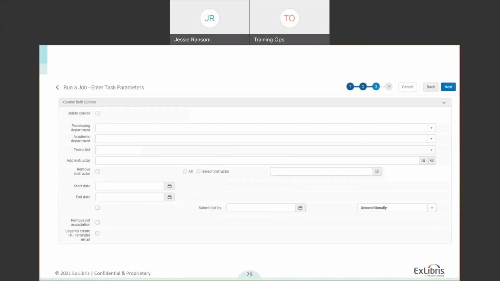The last one is the course job, and this one I think is hopefully getting a little bit more explanatory, but you can update course details in bulk. So the processing department, academic department, the terms, the instructors, removing instructors or removing specific instructors, remove the association with the list. But this one here at the bottom, this create list reminder email, this is a newer option on this job. And this is a way to send an email to instructors when